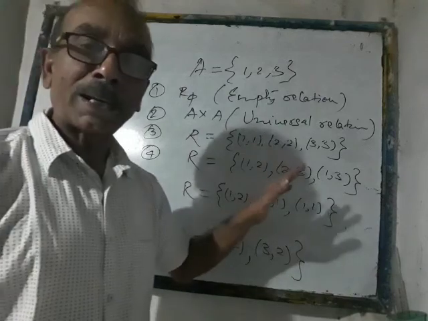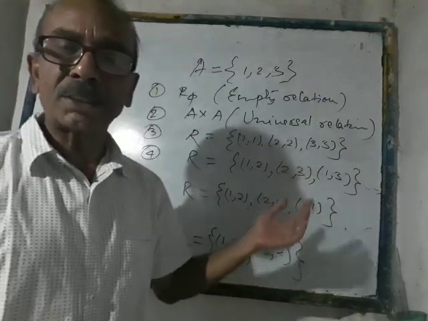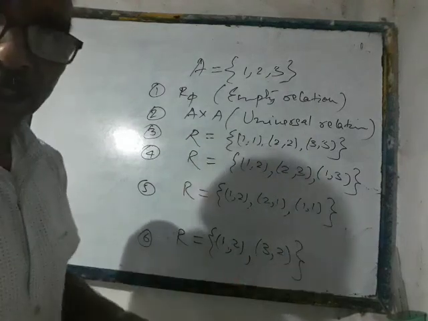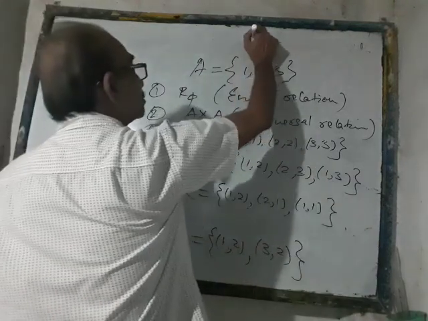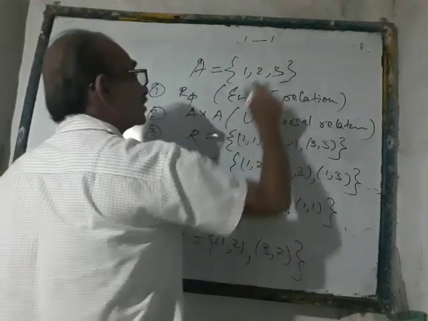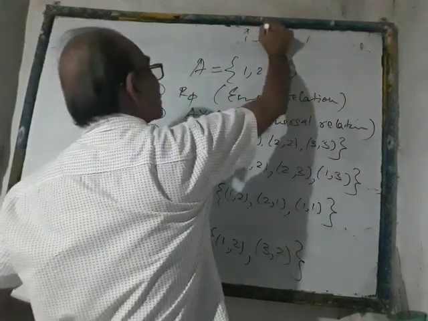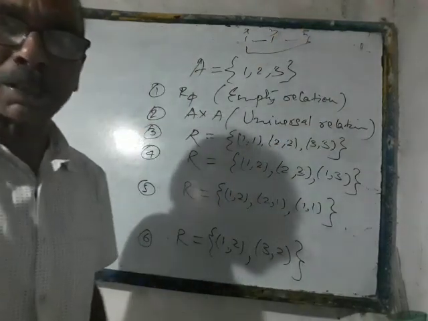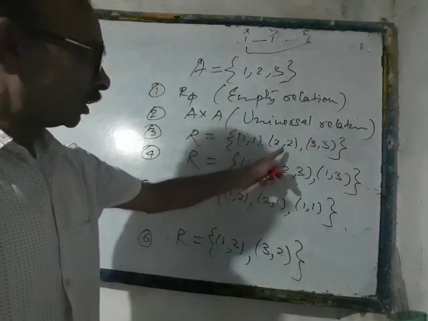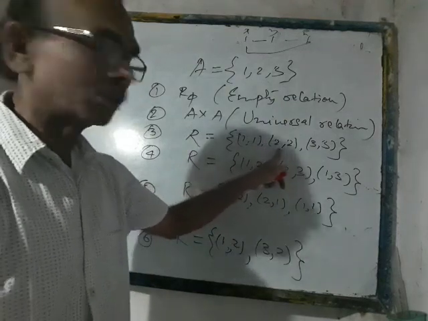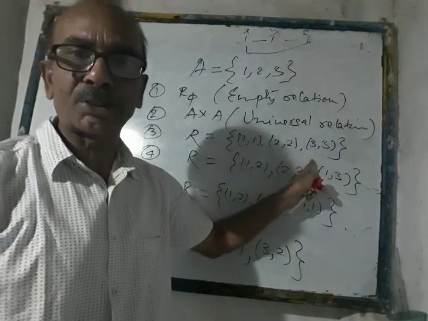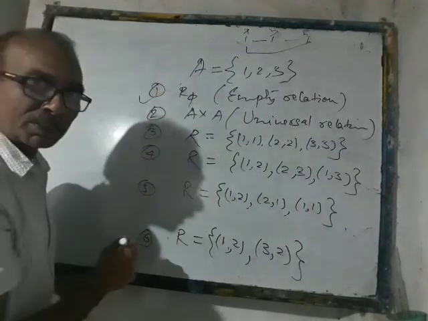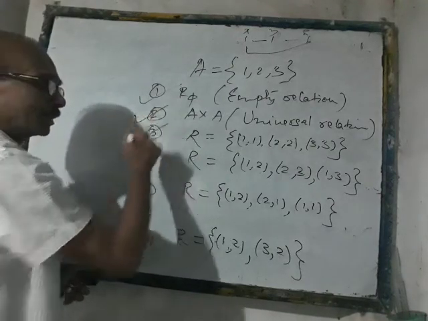Now, so far as the transitivity is concerned, whether it is transitive or not, suppose someone says that 1 is related to 1. Yes, 1, 1 is there, that means 1 is related to 1. And again 1 is related to 1. So we have taken x, y and z, all of them as equal to 1. So what will be xz? Naturally 1 is related to 1. The same logic or argument can be given for 2, 2 as well as 3, 3. So this one is also transitive. So we see that the first one is transitive, the second one is transitive, the third one is also transitive.